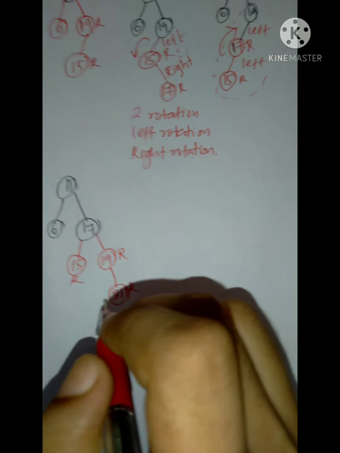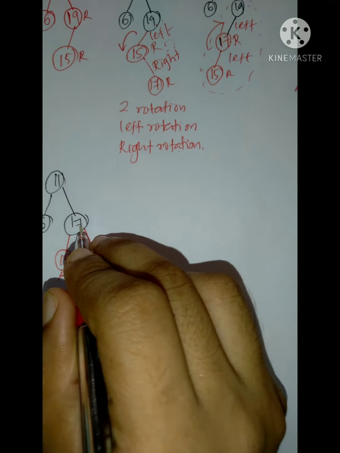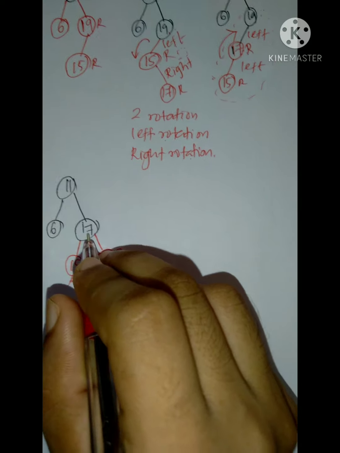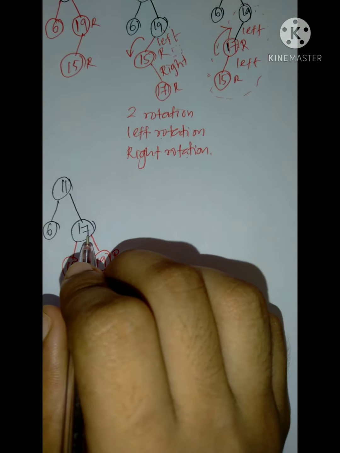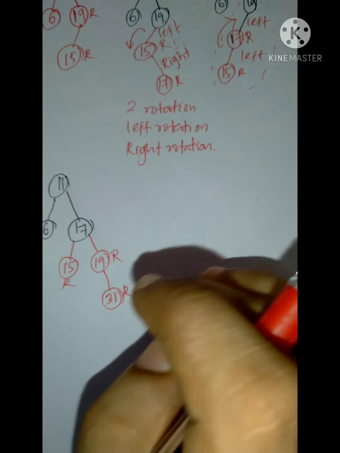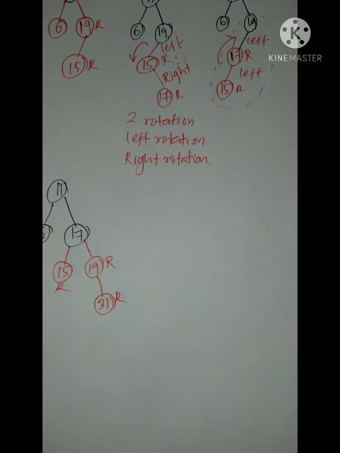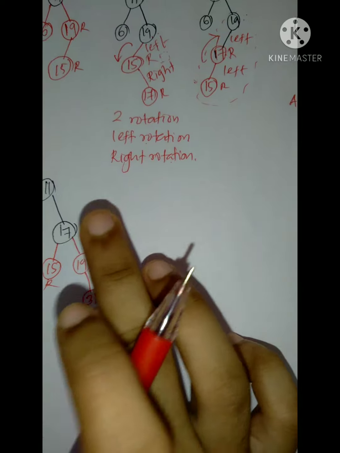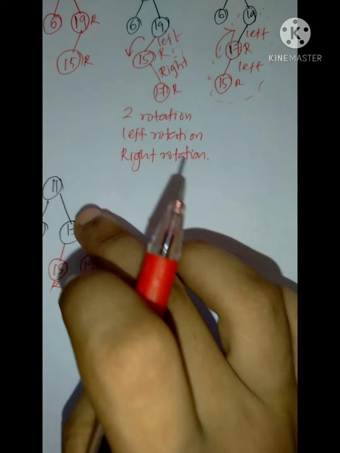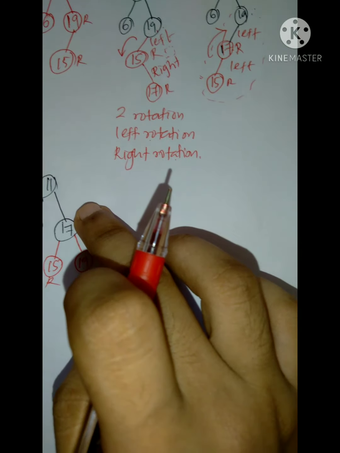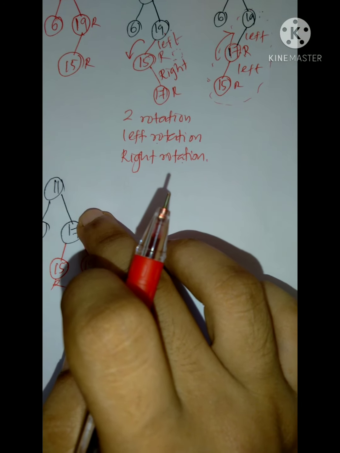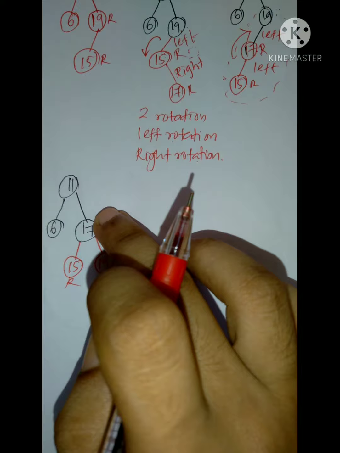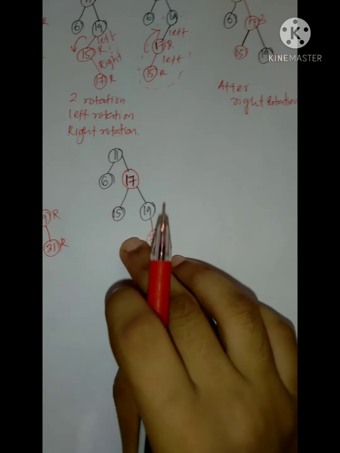After that we want to check the parent's parent. Yes, the parent's parent is 17. That is not a root node. So we want to recolor this also. Okay, so I am just drawing after recoloring these two and this. This is because this is the parent's parent, so this color should be changed because this is not a root node. Okay, this is our new tree.